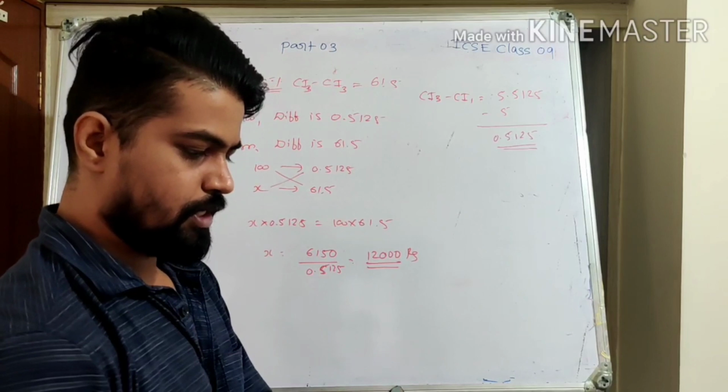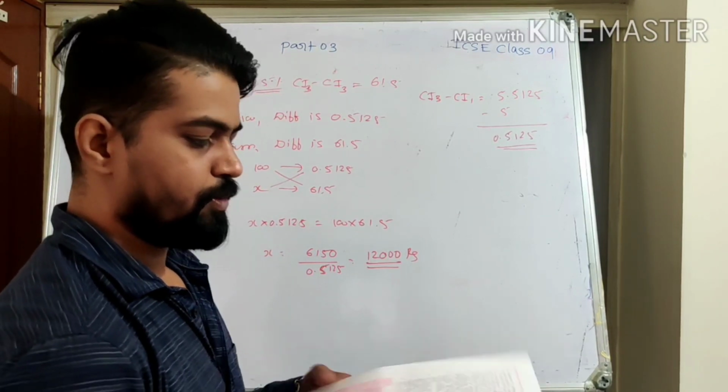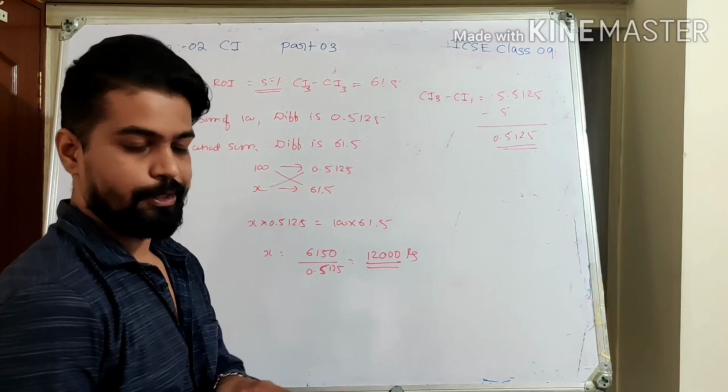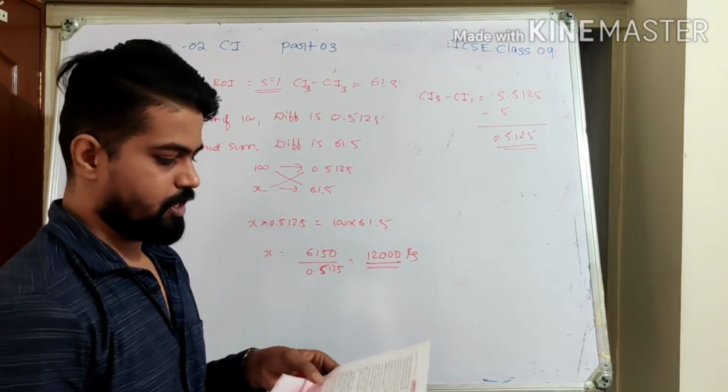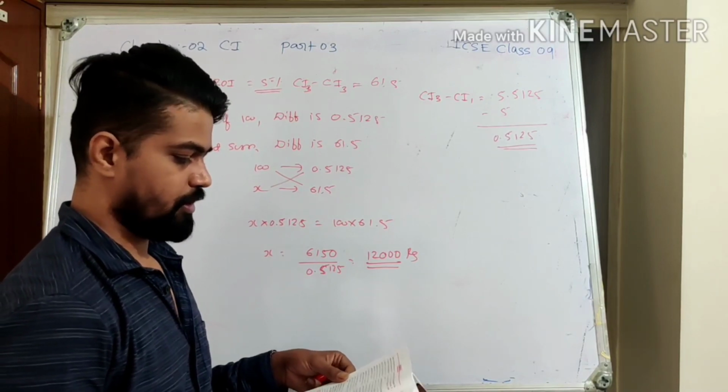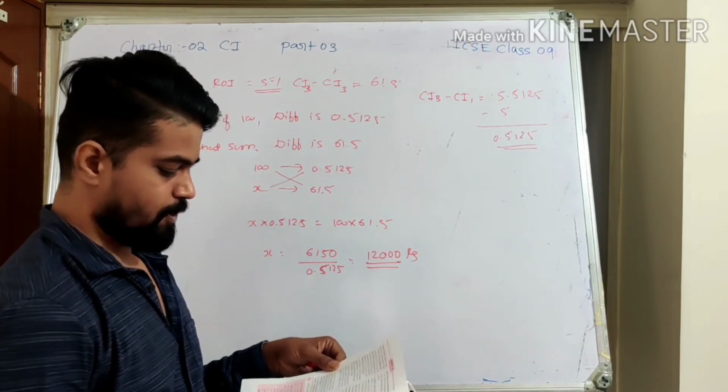So one last question. With this I wind up this video. So the remaining 2 questions you will be solving from the book itself, and you will be understanding from that. Any doubts we can discuss in the live session. So next video I will be finishing 2B, that is exercise 2B. Okay.